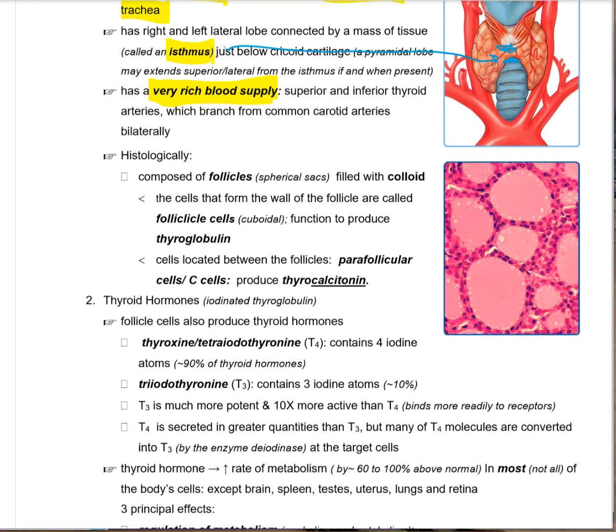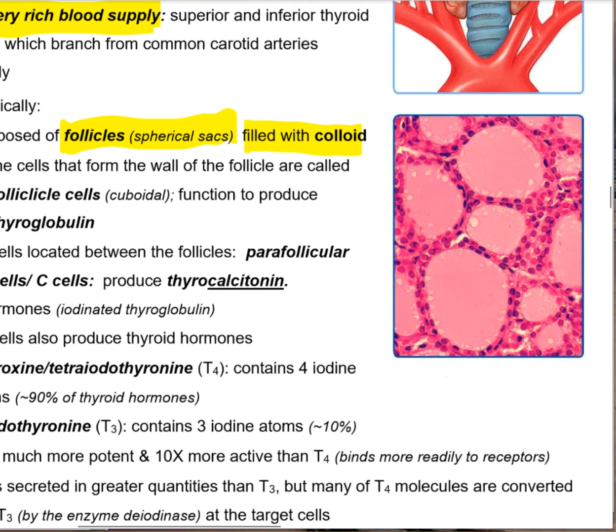Histologically, here's our picture of the follicle of the thyroid gland, including lots of follicles, those spherical sacs you see there. And these guys right here, there's one. Okay, there's a bunch of them. All right, and they're filled with colloid. And colloid, we'll talk about later, is the protein that's going to help, along with iodine, make T3 and T4. Okay, the cells that go around, if we zoom in, we can actually see this a little bit,